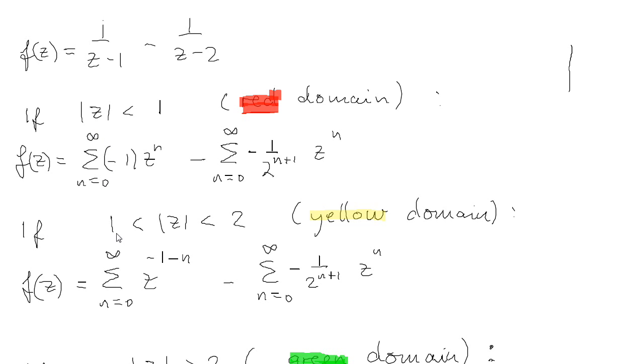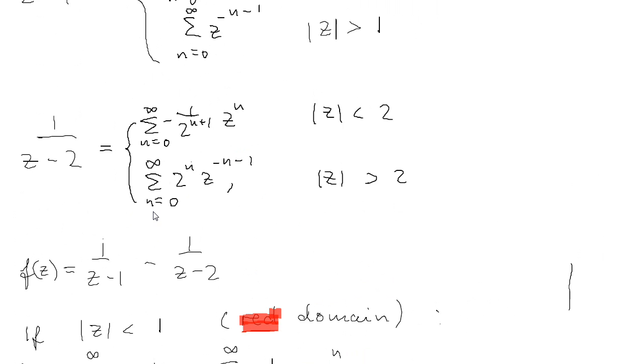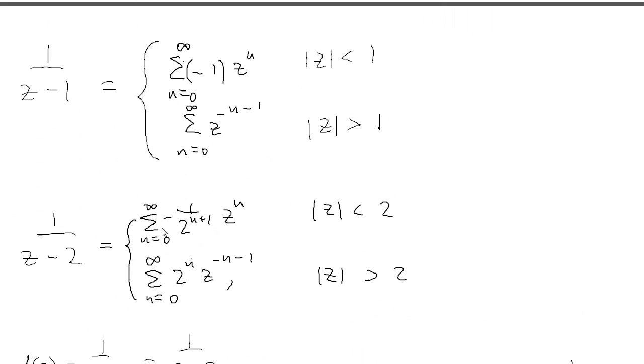In the ring region between these two disks, which we call the yellow region, then we have, let's go up and see, then we know that